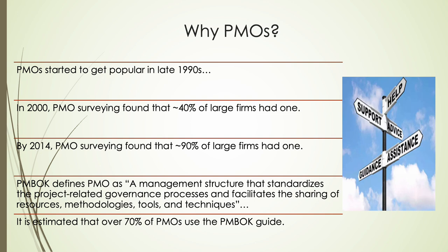PMO adoption timeline. PMOs emerged as a strategic necessity in the late 1990s. By 2000, only 40% of enterprises had one. Today, that number exceeds 90%. Why? Because complexity scaled faster than ad hoc management could handle. The PMBOK, the global standard, defines a PMO as the engine that standardizes governance, pools resources, and hardwires best practices into an organization's DNA. And with 70% of PMOs relying on PMBOK, this isn't just theory, it's the operating system